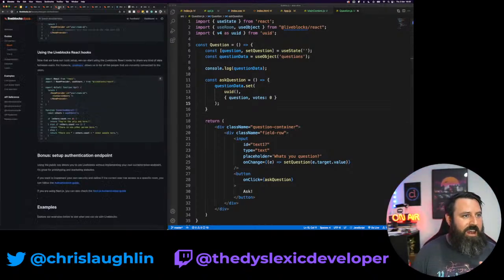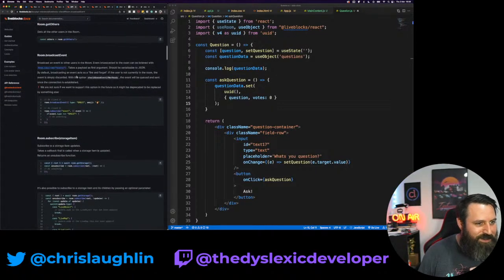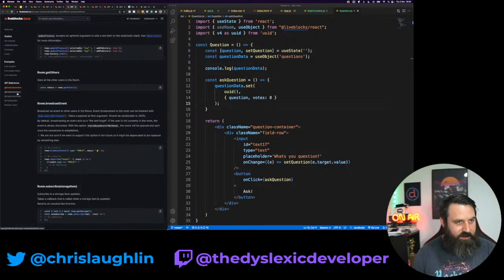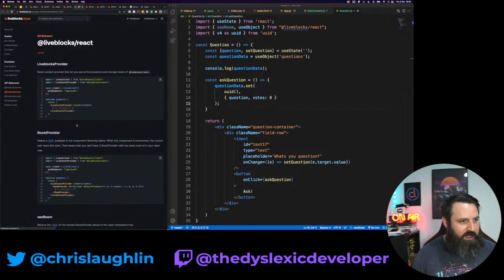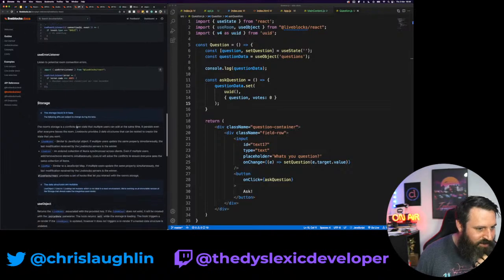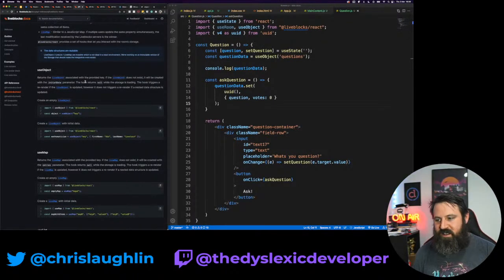I must have skimmed over the documentation for this kind of information. Maybe one suggestion is having a list of all the React hooks, but maybe I'm just not looking in the right place. Yeah, useObject. Okay, I just didn't read the documentation. Though that is part of the Hello Drunk World mantra. We try and build something without reading the docs and try and build it within an hour.